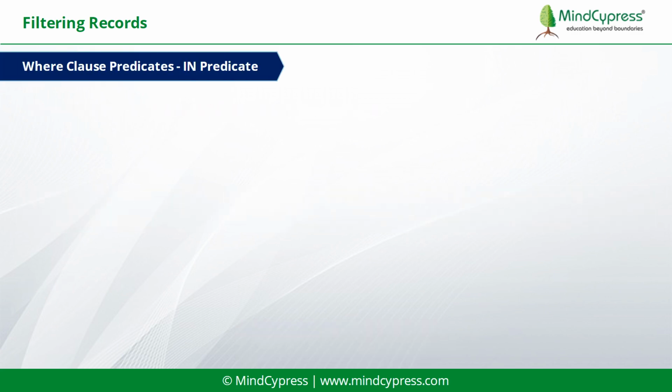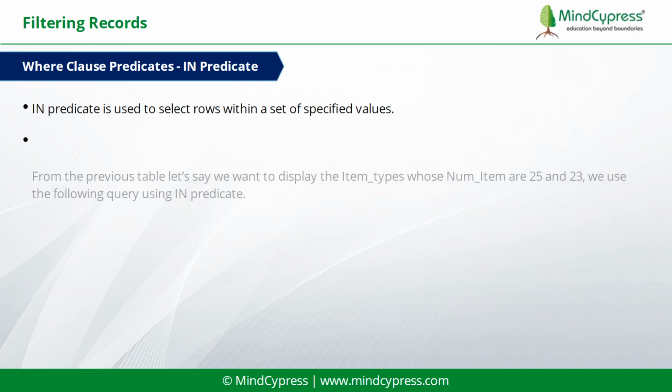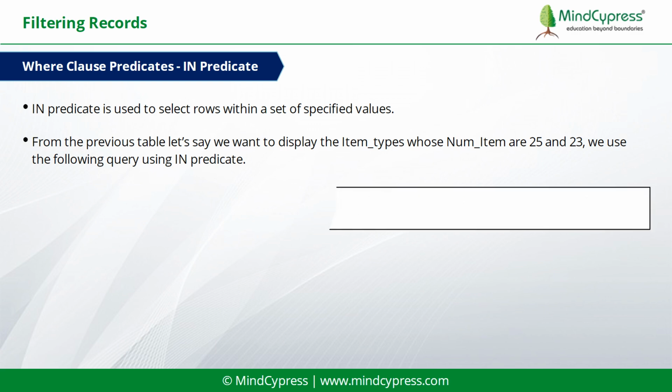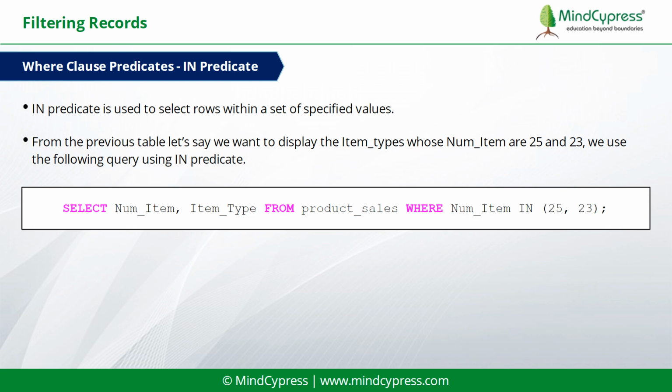Where clause predicates, in predicate. The in predicate is used to select rows within a set of specified values. From the previous table, let's say we want to display the item_types whose num_item are 25 and 23. We use the following query using the in predicate. Output is: